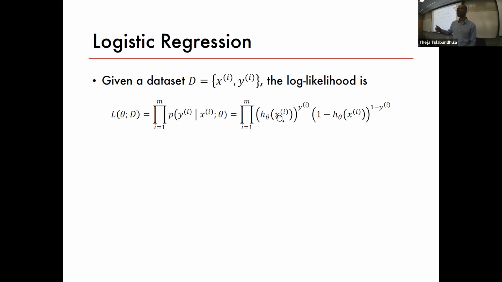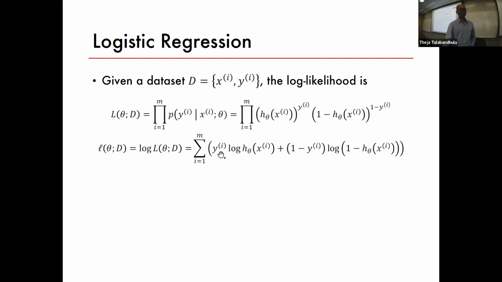And h theta of x, we said, is g of theta transpose x. And what is that g? It was 1 by 1 plus e to the power minus z. So we are building it in parts. We have the linear part, and then we applied this transformation g of z, which was the sigmoid function, and that is by definition h theta of x, and that we are saying is equal to p of y equal to 1. Since we didn't want to explicitly write whether y subscript i is 0 or 1, that's why we use this exponentiated notation.